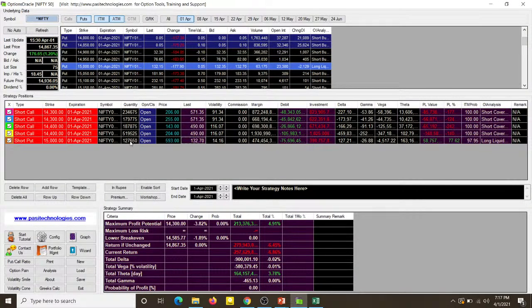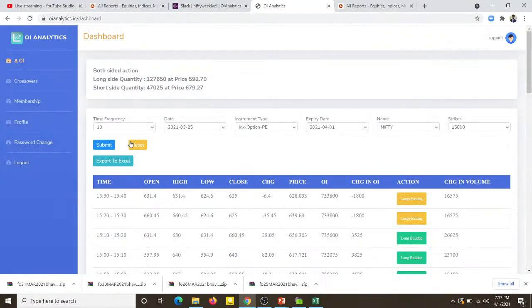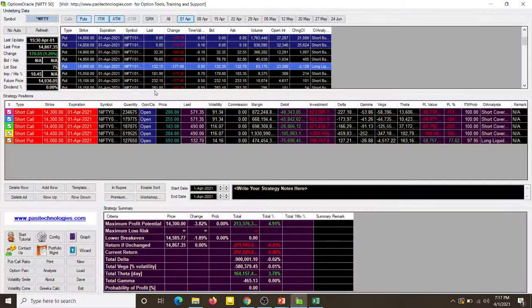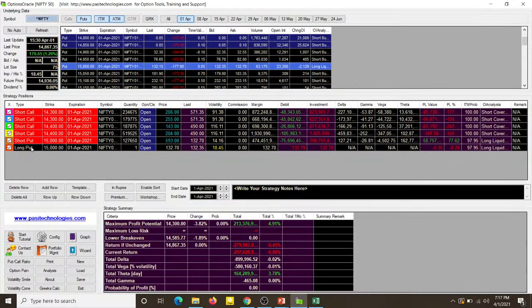Okay, so now what is the other? Okay, 679. This is about 47,025. So I'm going to add again 47,025 at 680. Fine. So these are all the positions, if you see, right, which have been built up for